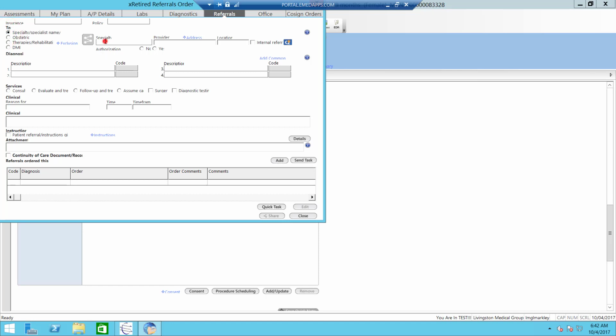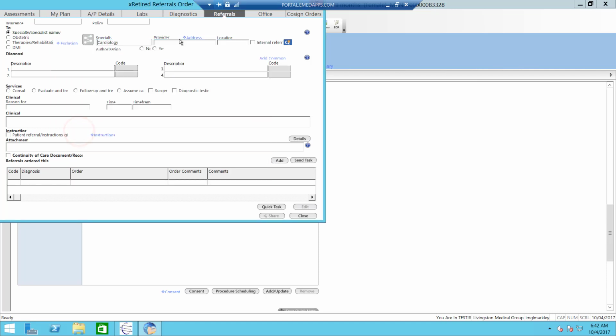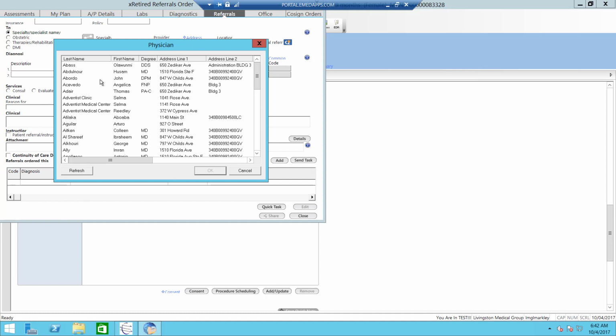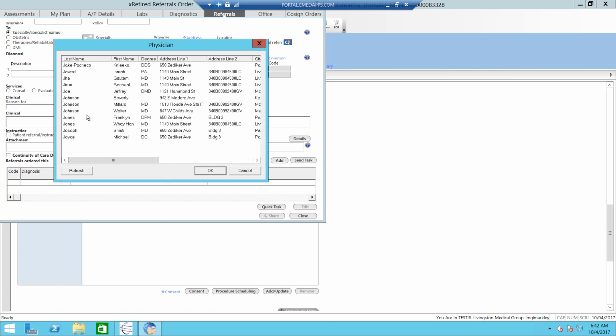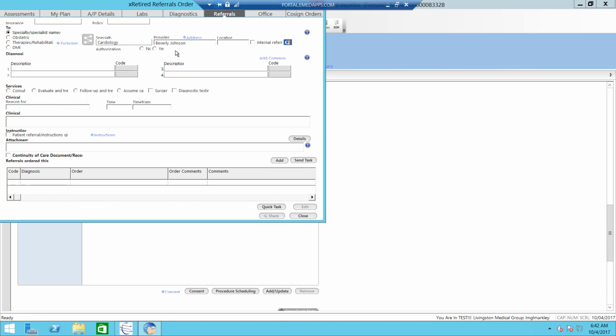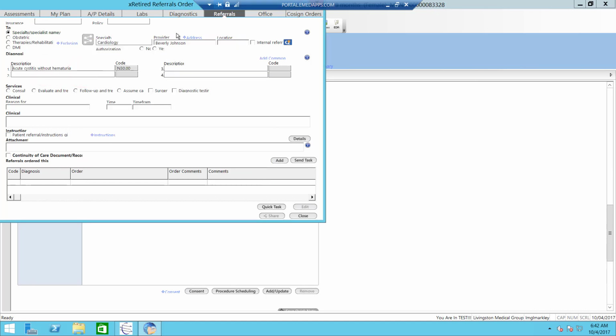So who are we referring this patient to? Maybe we want to refer them to cardiology, and who is the provider that we want to send them to. You can click in there, and if you drag this down, it may look like it only goes to C. However, if you just click anywhere and type in a letter, it will take you down to that provider's last name. So we'll select this provider and then go to why we are referring them to this provider,